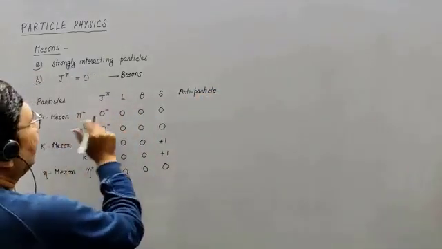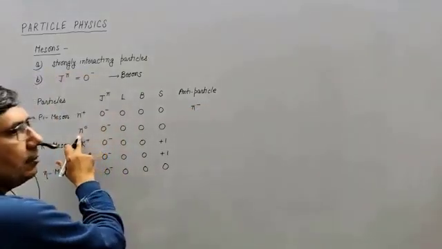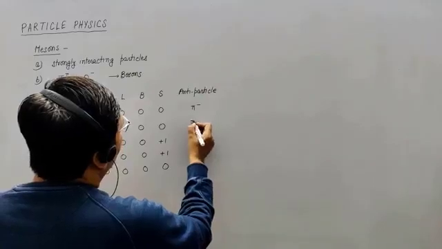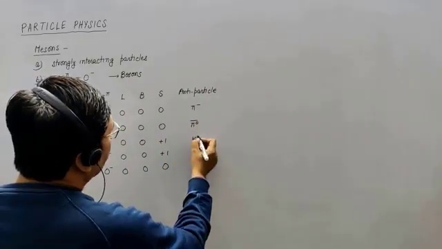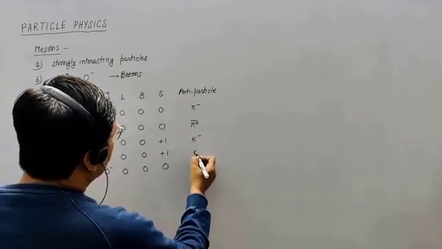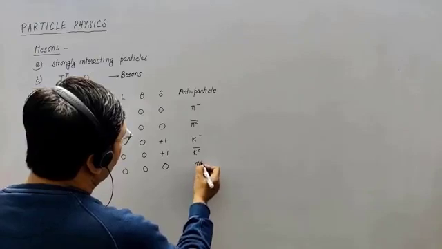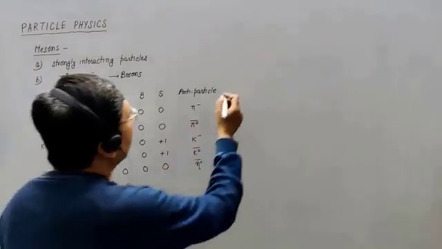If you talk about pi plus, its antiparticle is pi minus. For pi naught, its antiparticle is pi naught bar. For K plus, the antiparticle is K minus. This is K naught bar and this is eta naught bar. These are antiparticles. If you are concerned about their spin and parity,